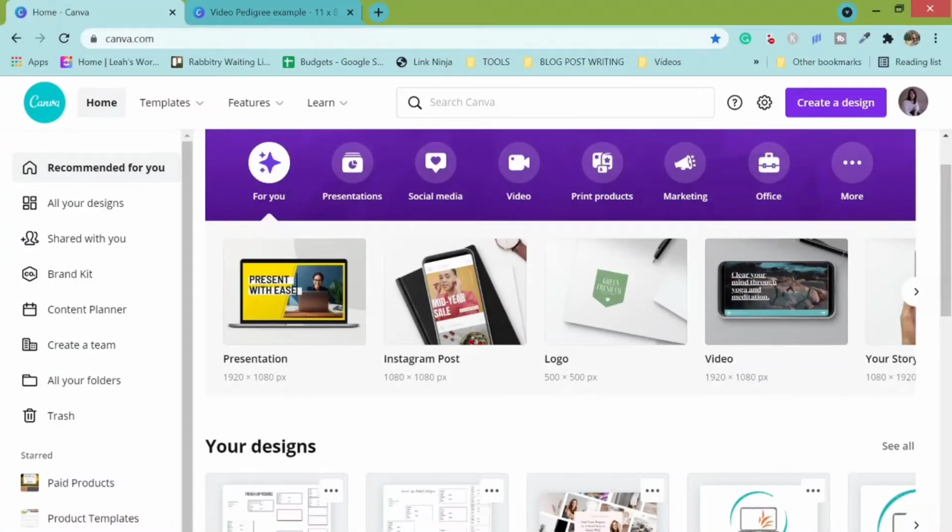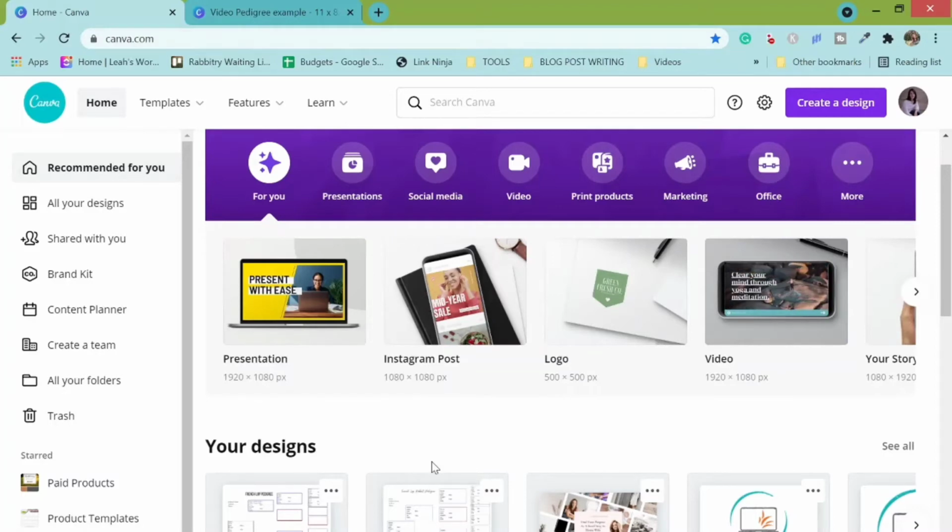Alright, so I got the request to make a video about how to make a pedigree in Canva from the very beginning of being in the Canva tool itself, not just how to make one in there like I had done in times previous, which you can go back and watch that video. I give more details about what needs to be in a pedigree, in just different ways to make the process a little bit faster. So if you create your Canva account and you log in,